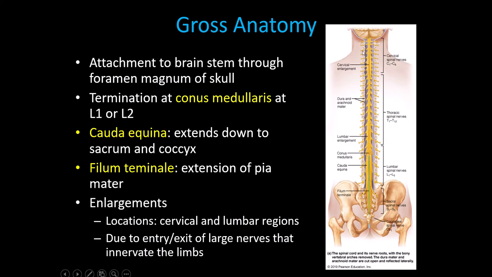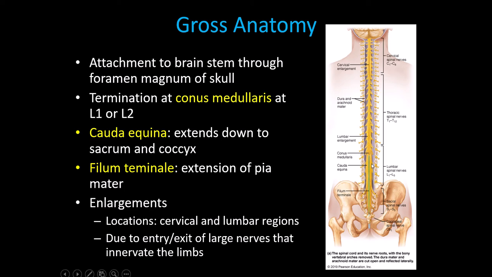So if we look at the spinal cord, you'll see it comes out of the skull through the foramen magnum. That's where it attaches to the brainstem and then comes out of the skull. And then it actually ends around L1 or L2 at what we call the conus medullaris. And then the rest of it, extending down the rest of the vertebral column, are essentially just nerves coming down. And those nerves,